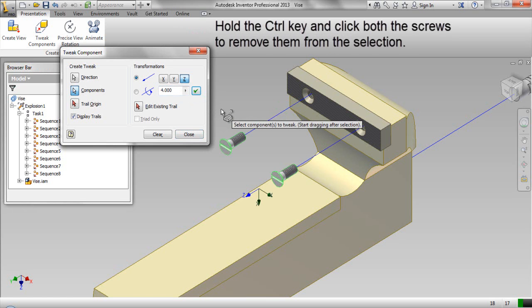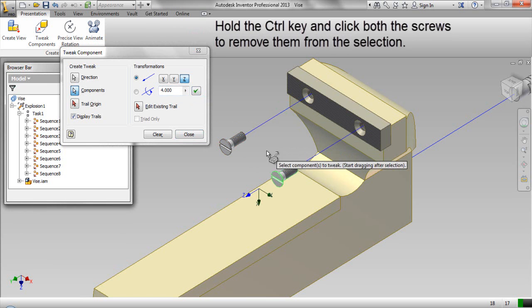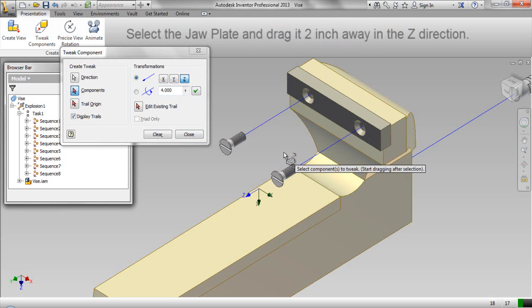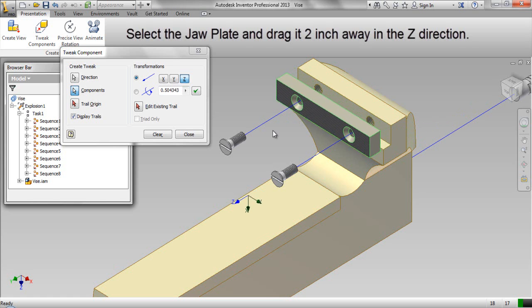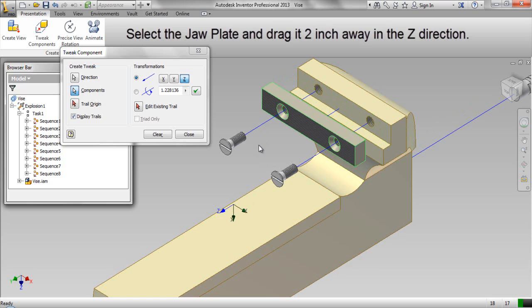Hold the Control key and click both the screws to remove them from the selection. Select the jaw plate and drag it 2 inch away in the Z direction.